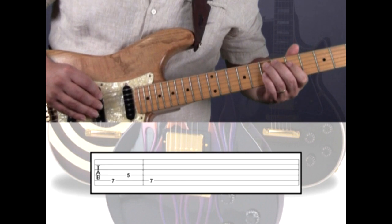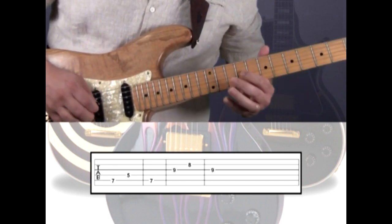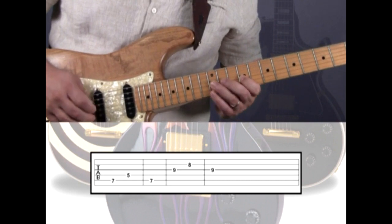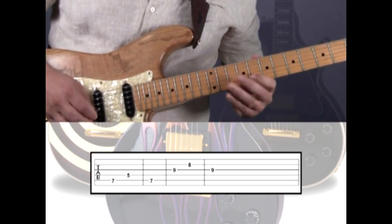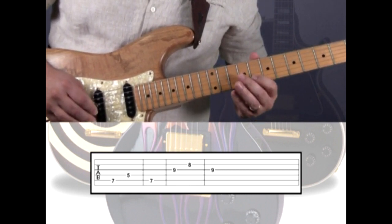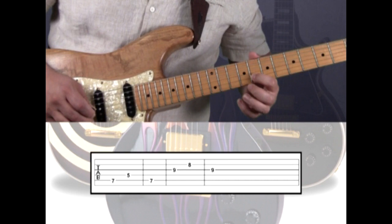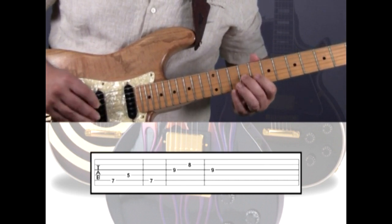2, 3, 4. Next is our octave E on the 3rd string, 9th fret. And of course we can play the minor third on the same string on the 12th fret. However, the alternate fingering is on the 2nd string, 8th fret. So for this position, we'll play the E root note on the 3rd string 9 with the middle finger, to the 2nd string 8 with the index, and the count will be 1, 2, 3, 4, 1, 2, 3,